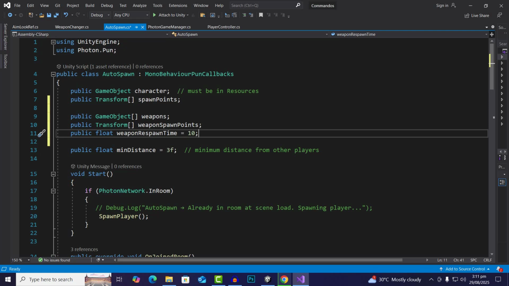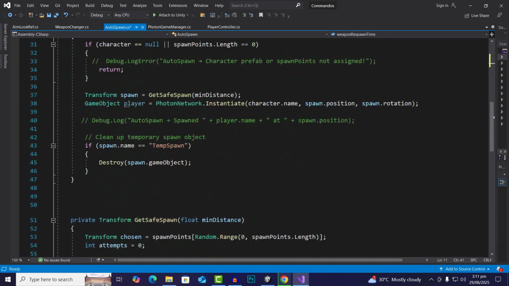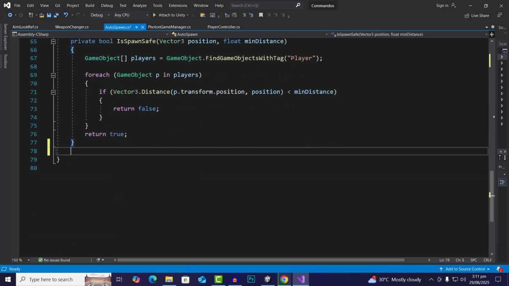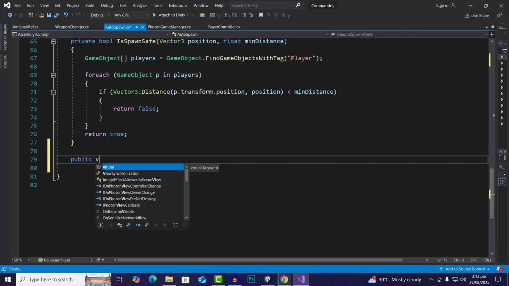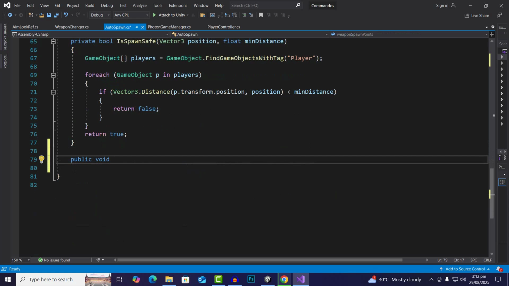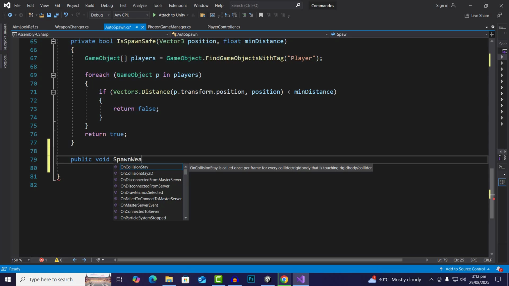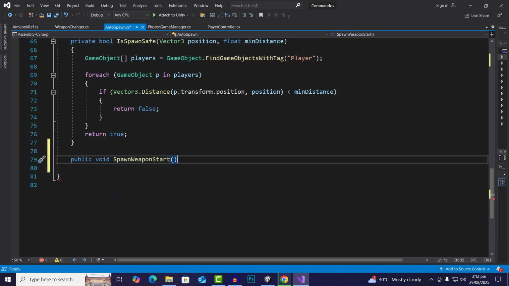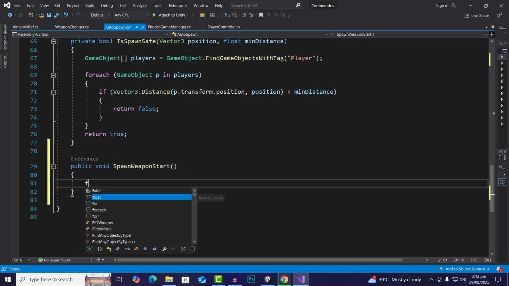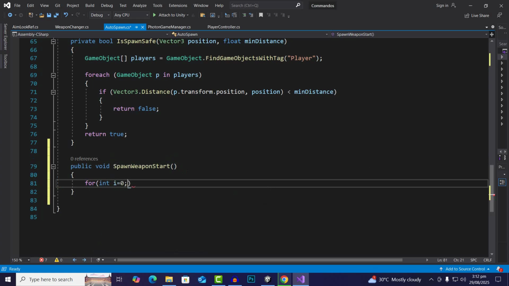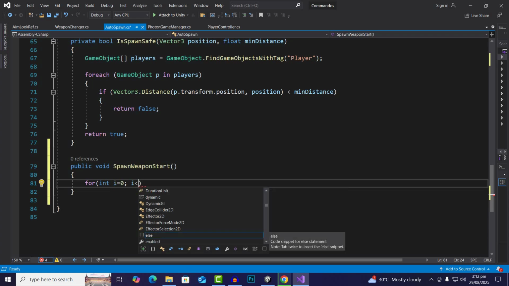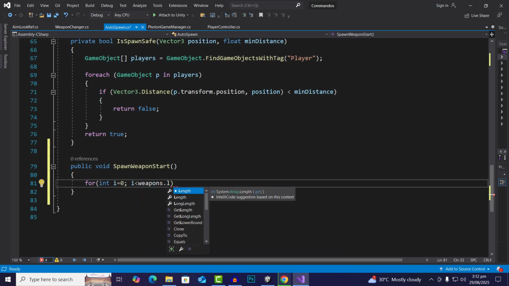So this script is a little bit bigger, so we will just create a public void SpawnWeaponStart, and then in this function we will say that for int i equal to 0, i is less than weapons dot length, then i plus plus,